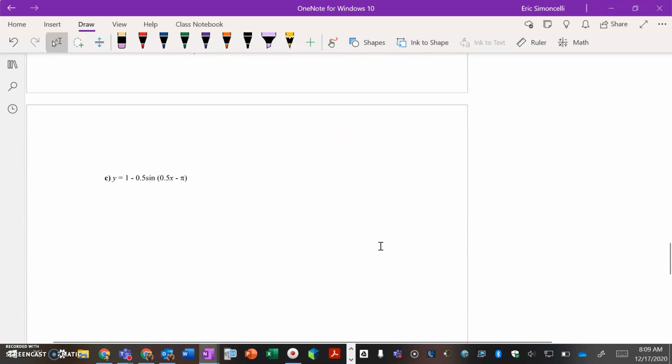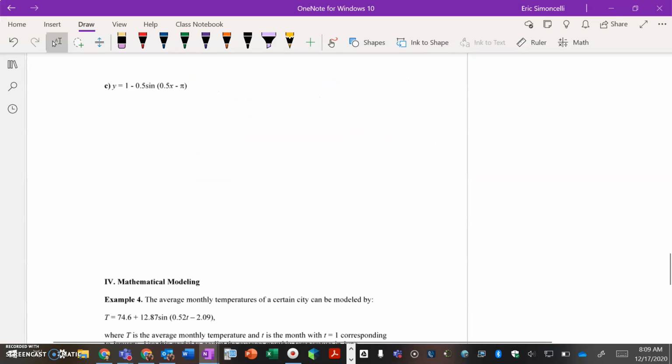So let's go ahead and take a look, continuing on here, part C. So this particular function does have a whole series of things to take a look at. Yet again, I'm going to rewrite the function such that it is very much like what we want it to be. I'm going to move some things around actually as well. I'm going to say negative 0.5